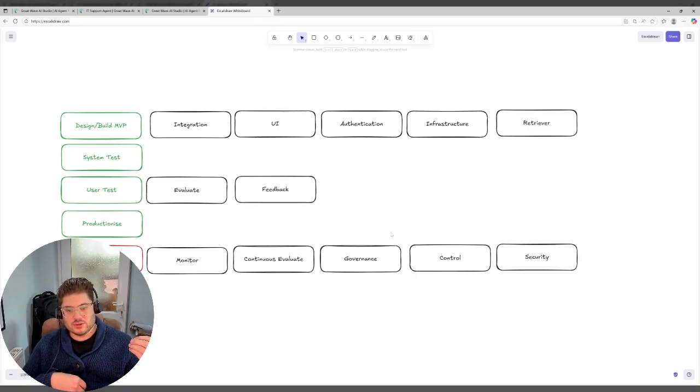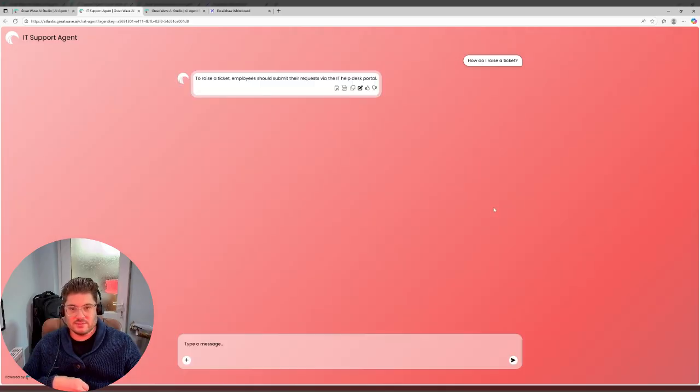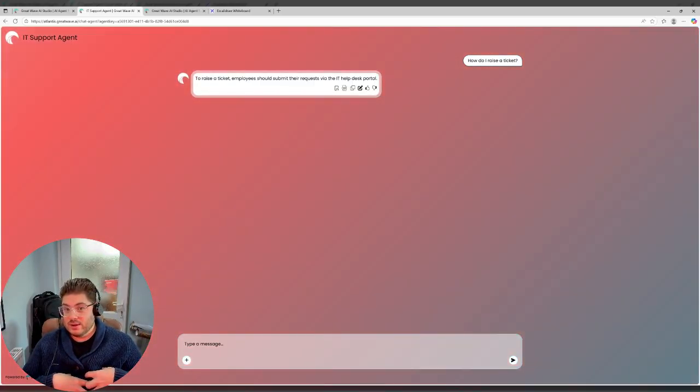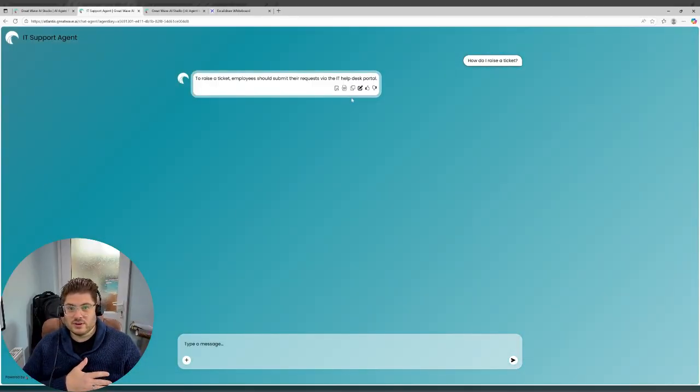And that is all about, okay, so we've got these inherent risks with probability in these models. We can make them hallucinate if we want to. We need to protect against that. So here I have an IT support agent, and I'm going to ask it a question, and it's going to give me an answer. So assume I'm testing this out. I want to see if this is any good before I give it out to my staff.